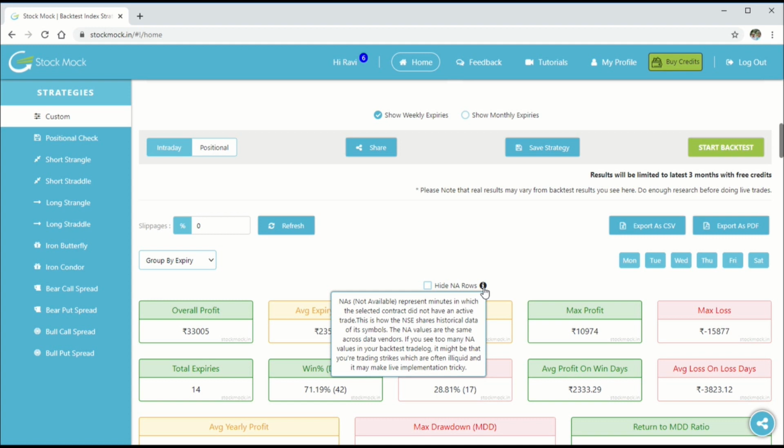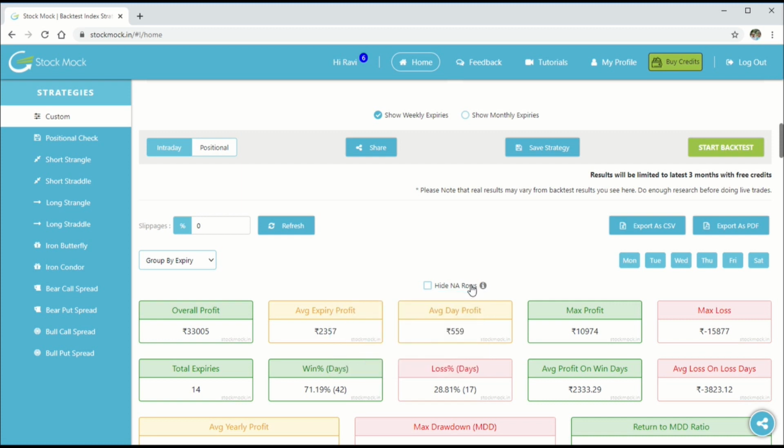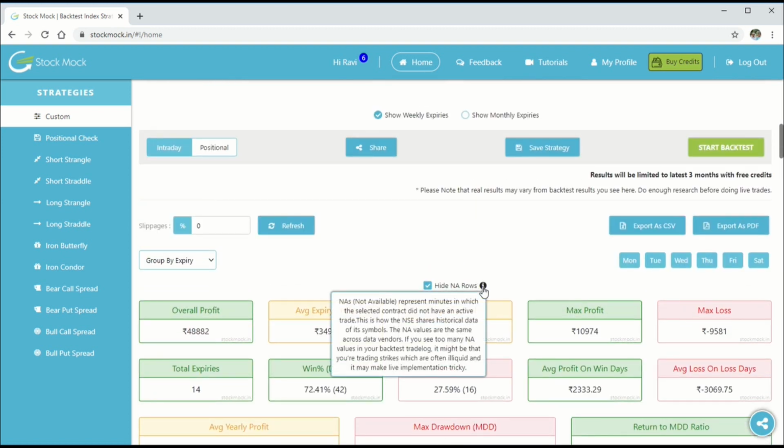So the first thing is, when we analyze the results, we will have to eliminate the rows that contain NA. A simple click on this particular box will eliminate all the NA rows. As you can see in the description, this is not a problem only with StockMark. This is how NSE shares historical data of its symbols.